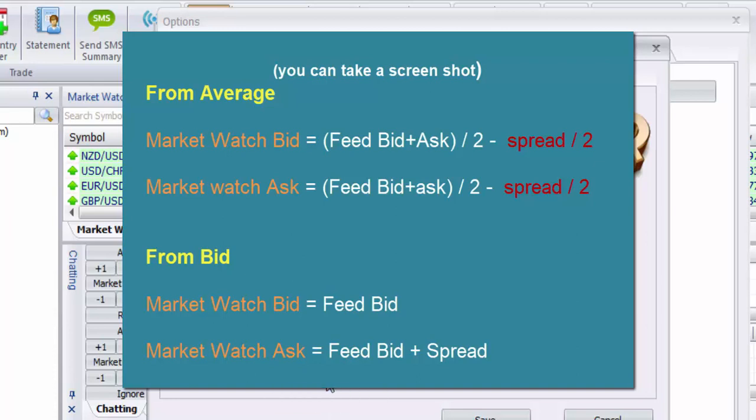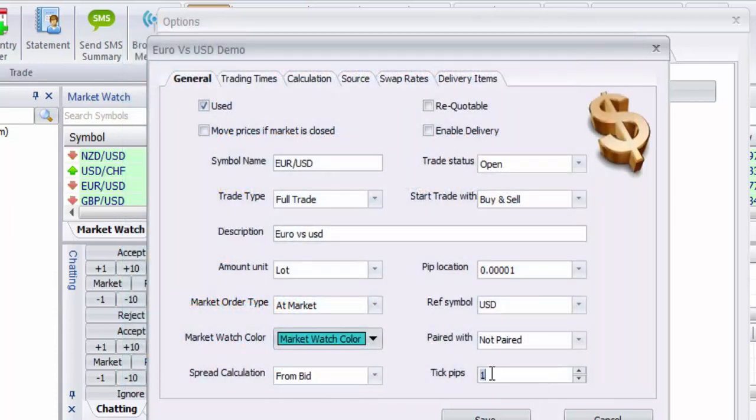What is the bid? The bid is the actual price that comes from the feed provider, and the ask is the bid plus the spread here, and the average is actually, I'll put its equation on the screen so you can check it out. Tick pips is used to define the exact number of pips desired to be increased or decreased at the charting window for this symbol, and at the one-click trading screen when placing entry and exit orders,